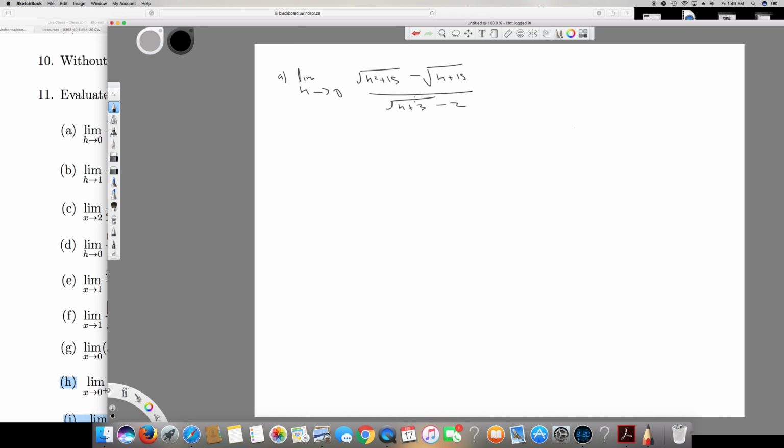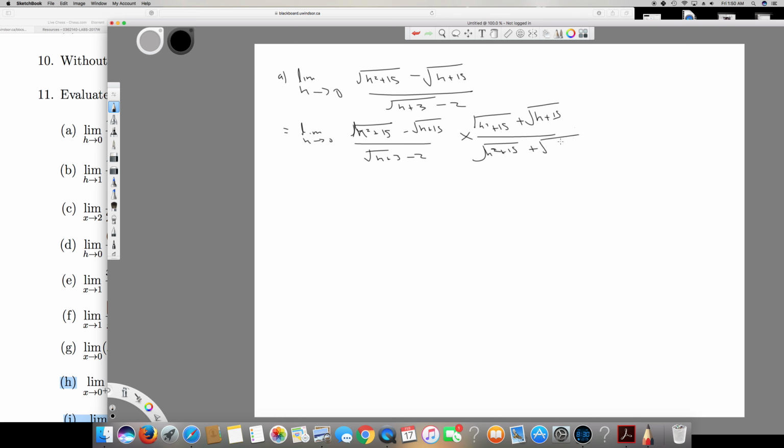So in this case, I have to multiply bottom and top by this one and this one plus. I'll show you how to do that. So let's see. Limit h approaches 0. So it's going to be square root of h square plus 15 minus square root of h plus 15 over square root of h plus 3 minus 2 times square root of h square plus 15 plus square root of h plus 15 over square root of h square plus 15